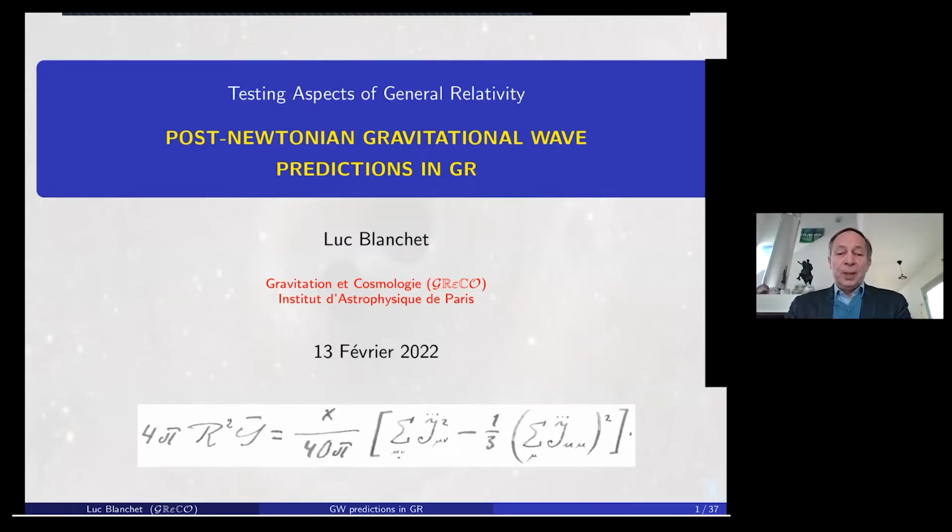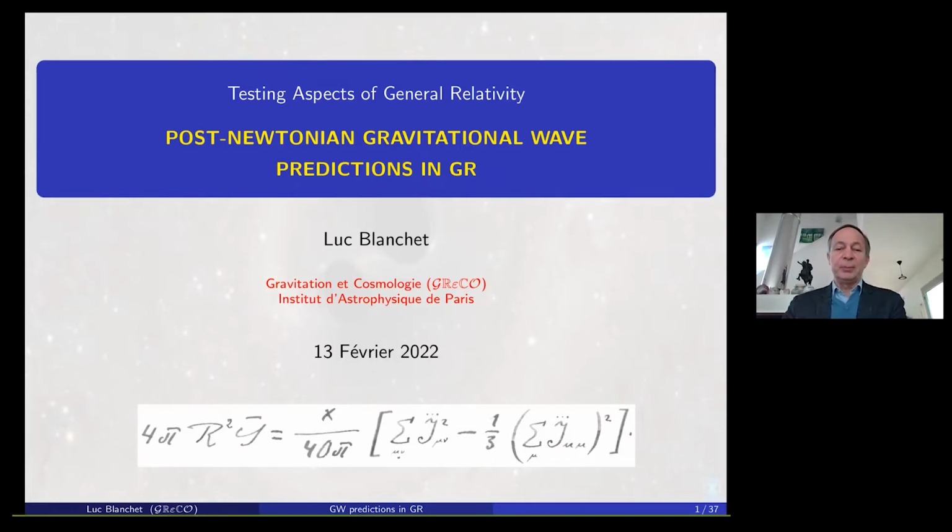Today we shall review the work on post-Newtonian approximation in general relativity to compute gravitational wave signals. We focus on the post-Newtonian theory, which is directly of use in the data analysis of gravitational wave detectors: LIGO, Virgo, KAGRA, LIGO India, and so on. We shall just be in standard general relativity. We do not discuss at all alternative theories of gravity.